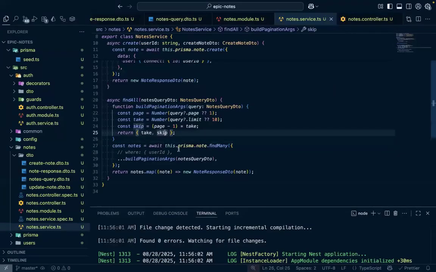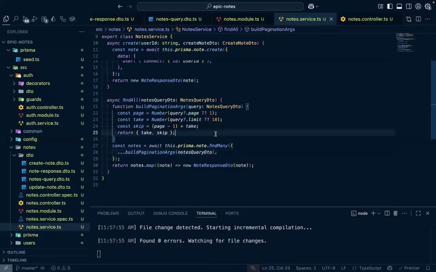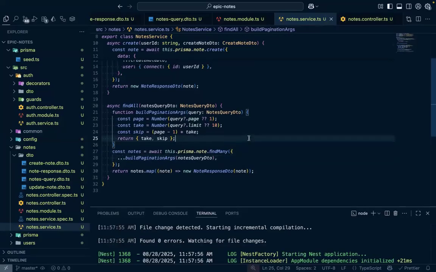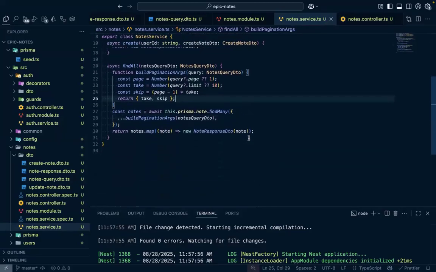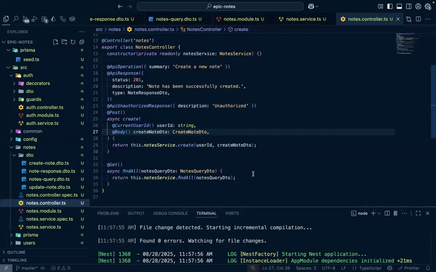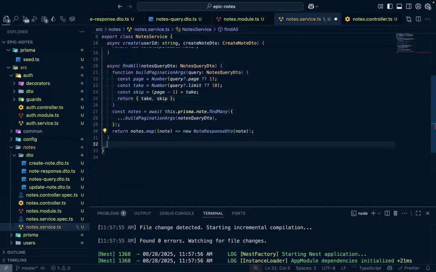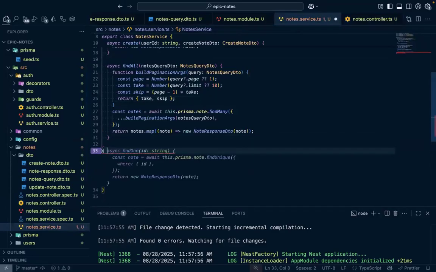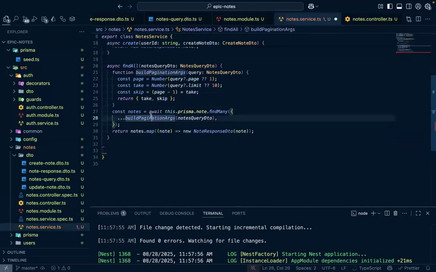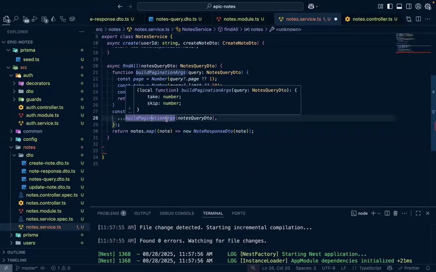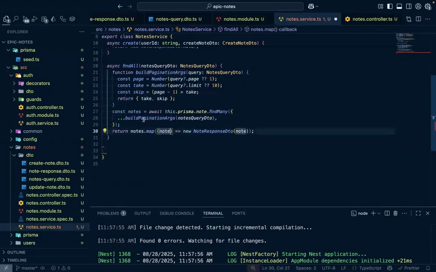So let's remove this user ID. Anybody can access notes without signing in. So let's go back to notes service. So the next endpoint for the node, okay, but we are forgetting one thing. I just noticed this. We implemented pagination, but then we forgot the query to handle the query. So we can go ahead and say, okay,